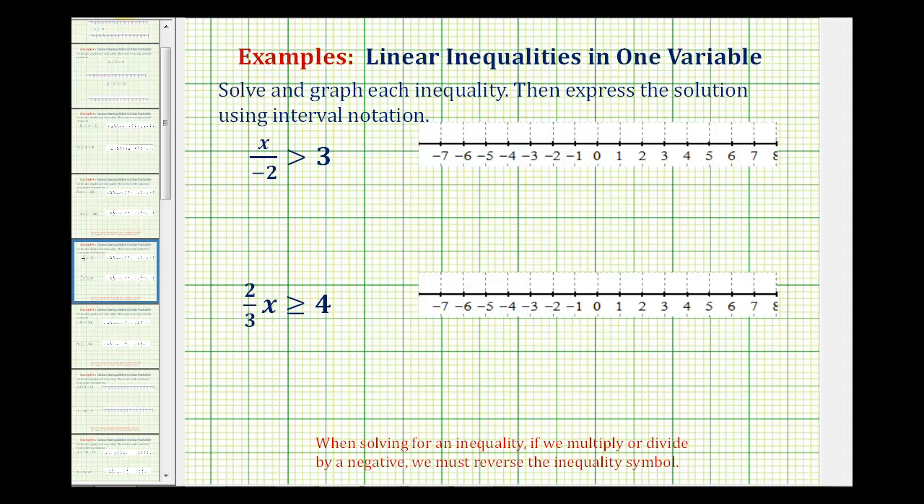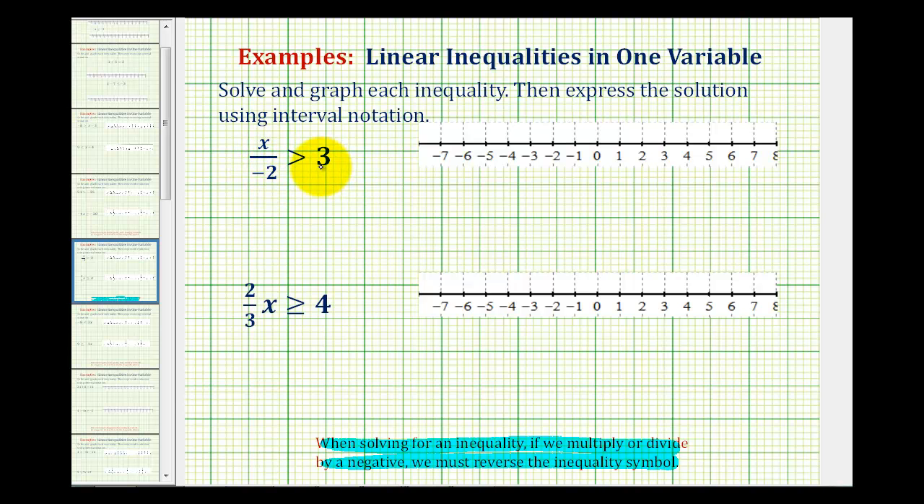We want to solve and graph each inequality and then express the solution using interval notation. Remember, when solving an inequality, if we multiply or divide by a negative, we must reverse the inequality symbol. So looking at our first example, a fraction bar means division, so we can read this x divided by -2